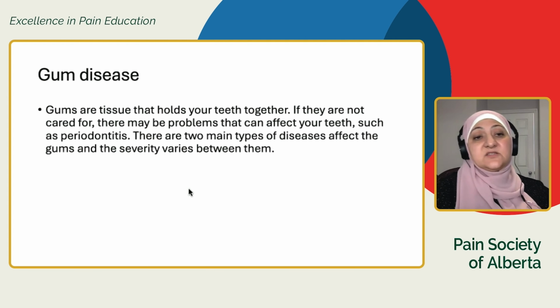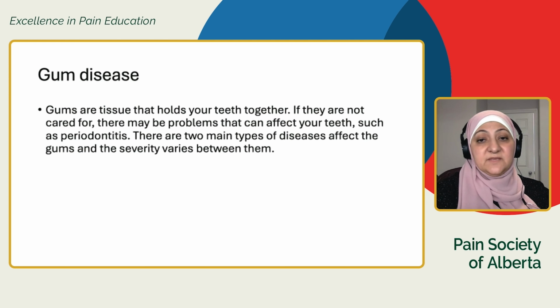Moving from cavities to gum disease, and as I discussed in my first presentation, the gums are the tissues that hold your teeth together. If you don't take care of your gums, they will suffer from problems. And if those problems affect the gums, the teeth will be suffering as well. These problems, clinically we call them periodontal disease, and usually we have two types of gum disease depending on the severity. So if it is less severe,